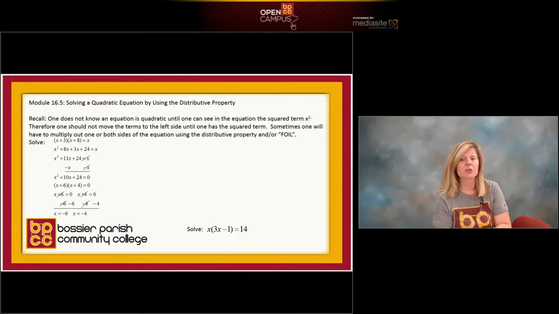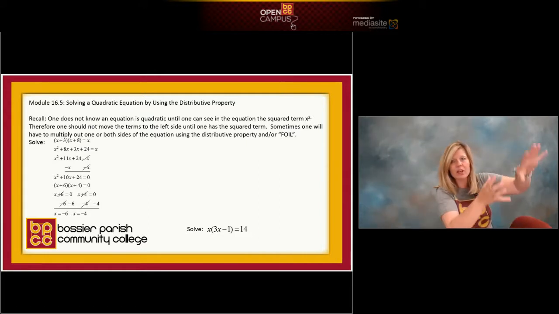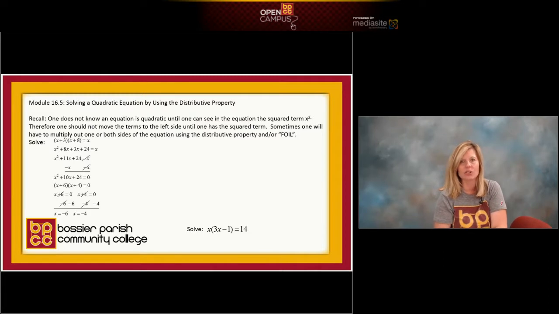Hey everybody, so we're solving quadratic equations and we have to be careful to make sure we know the equation's quadratic before we start factoring. Recall, you know an equation's quadratic because it has the term x squared in it. So if you do not see the x squared, then it's not quadratic right then and there. Do not start moving the other terms over and setting it equal to 0. You only start moving terms to the left and setting the equation equal to 0 when you physically see the